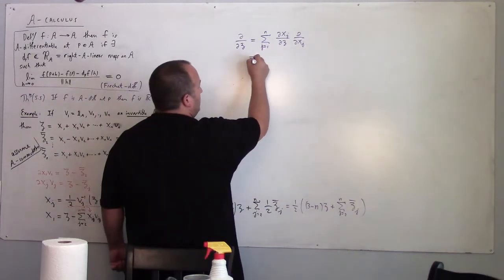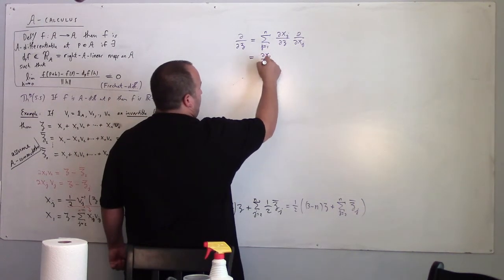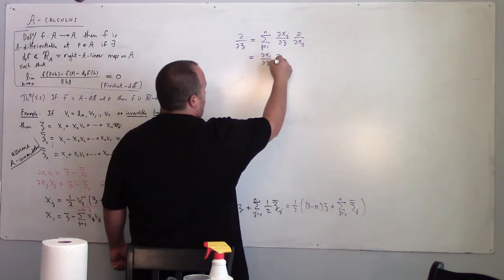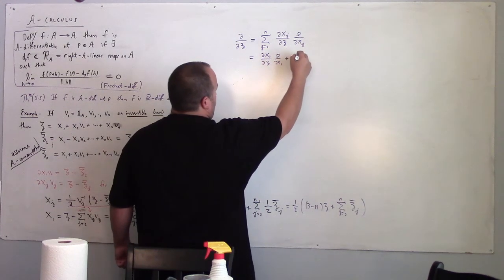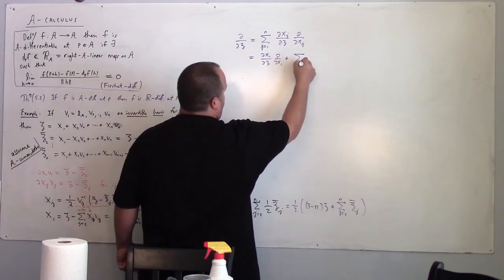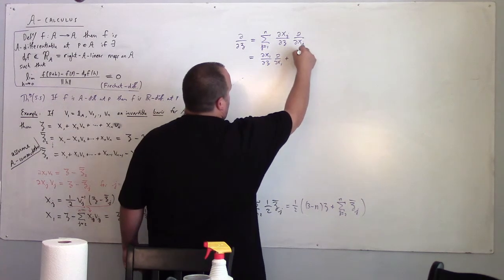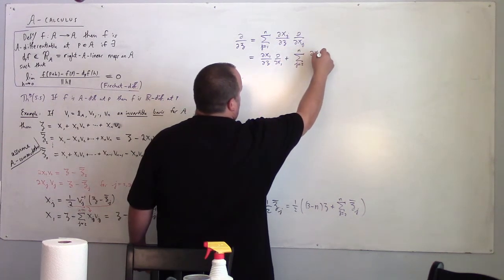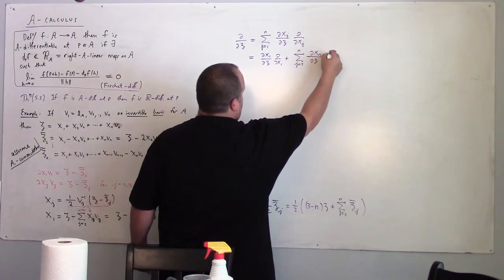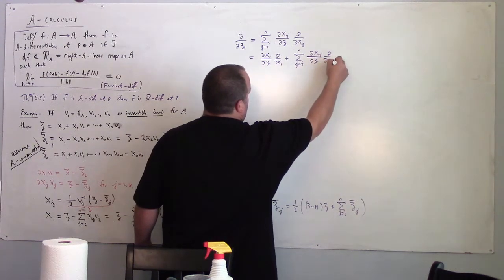So that's partial x1, partial zeta, partial x1, and then sum j equals 2 to n, partial xj, partial zeta, and I've broken it up into those two pieces because